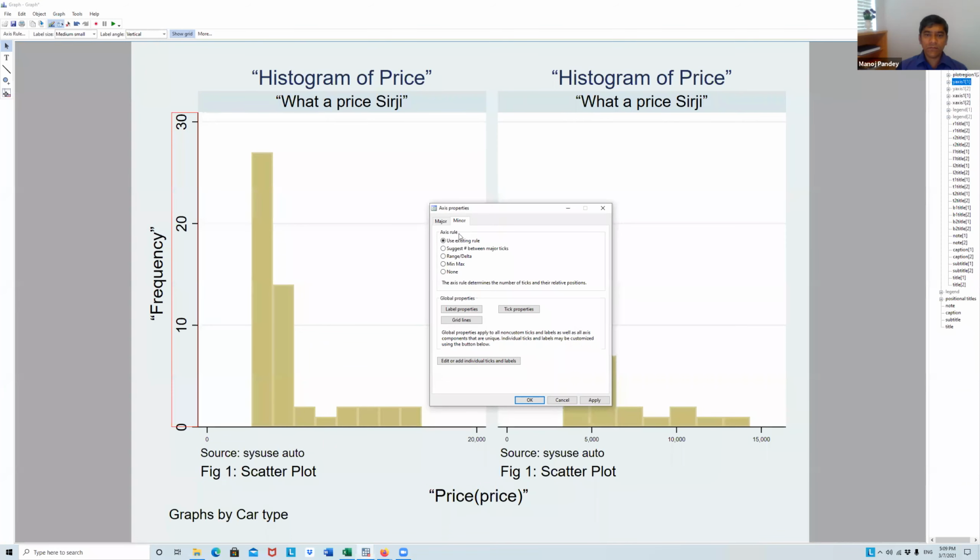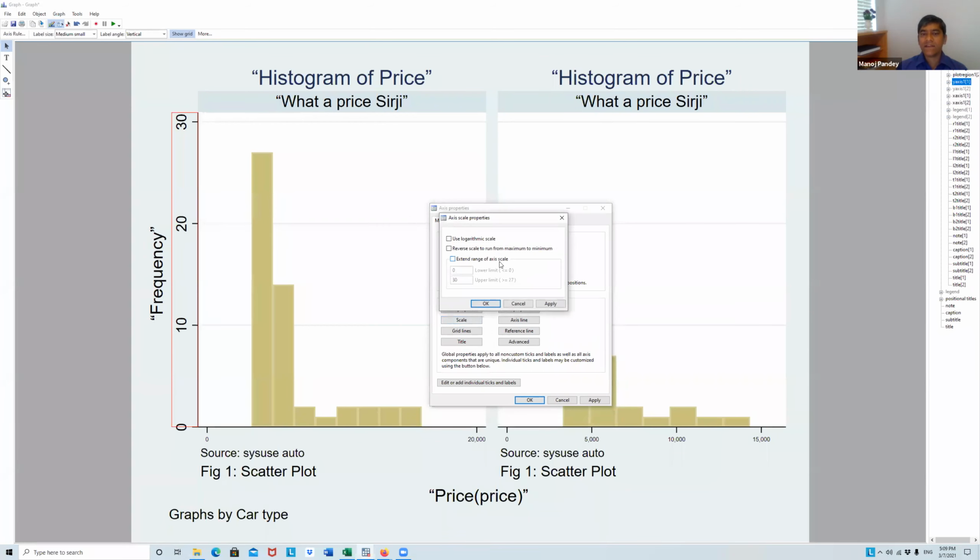Sometimes you work with the minor axis, sometimes with the major axis, right? And there are different things here like scale. Sometimes you can use logarithmic scale, sometimes you can use reverse scale, and see what is fitting in your case. Okay, sir.